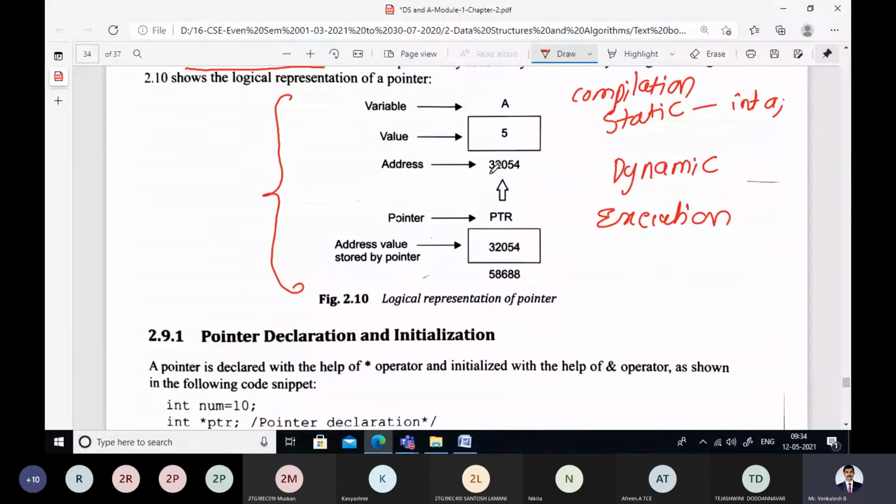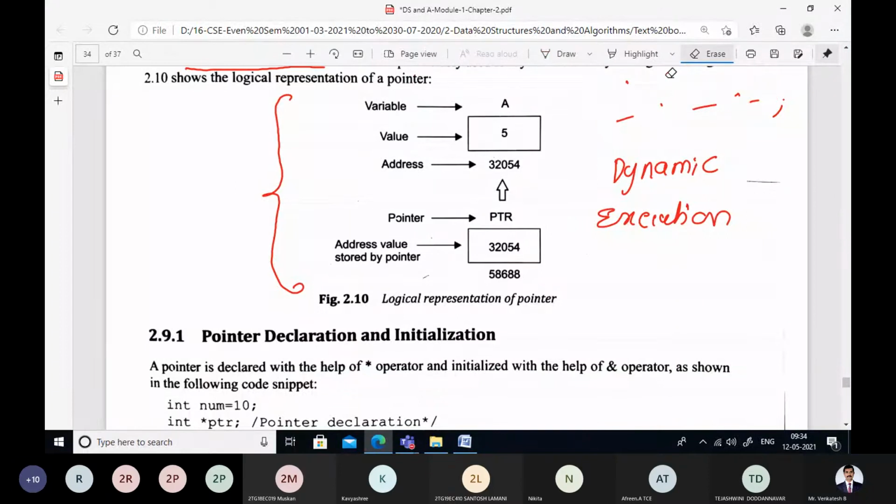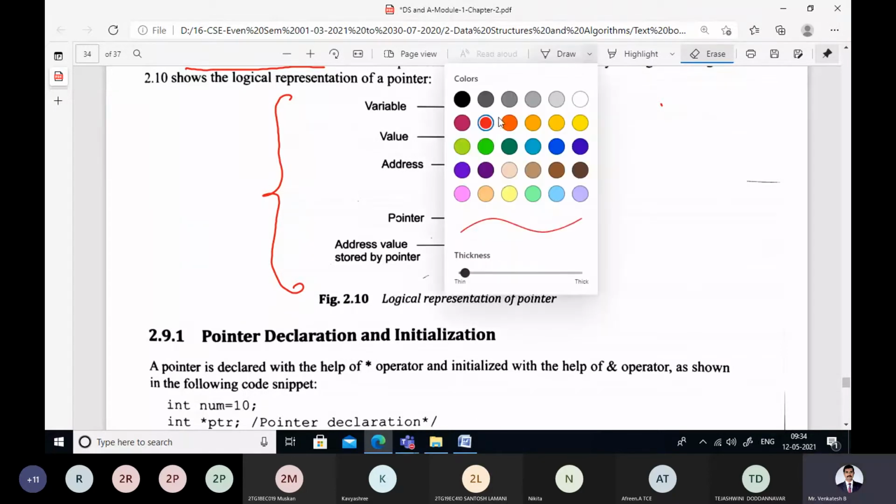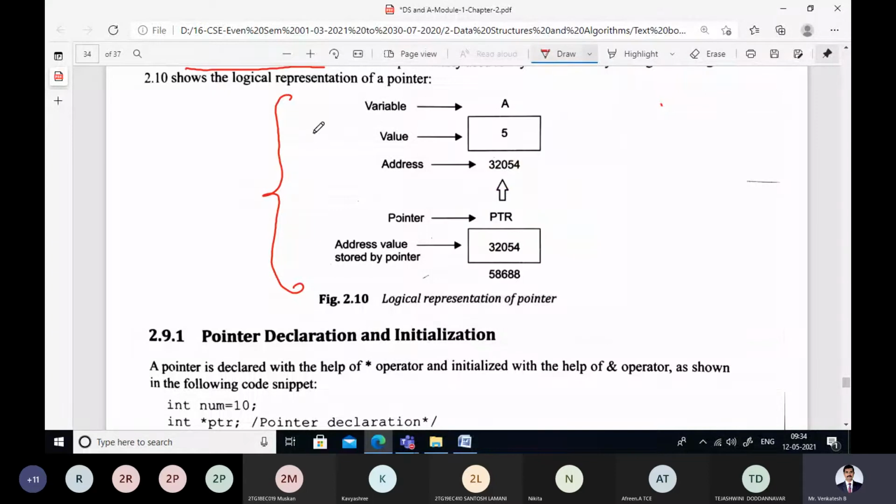In this case, a is a variable. Some variable a is declared. A is the name of the variable, and it is containing a value of 5.